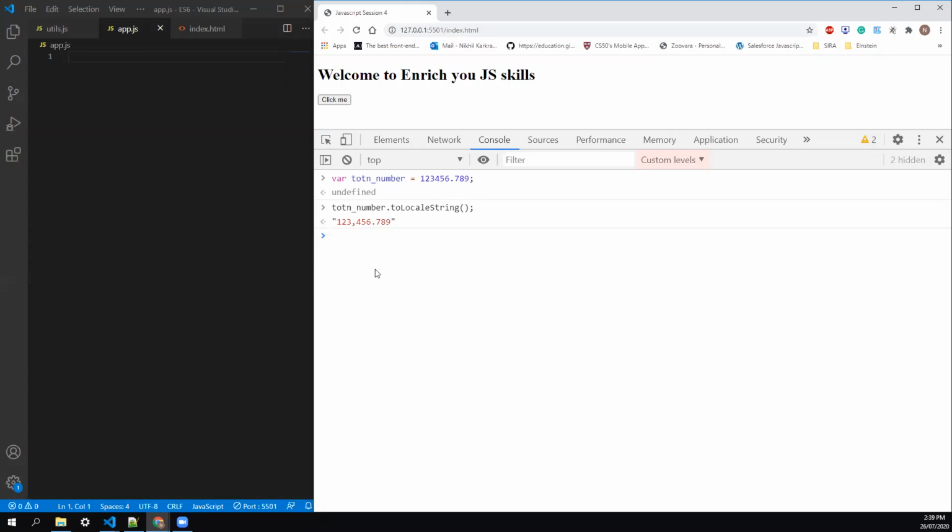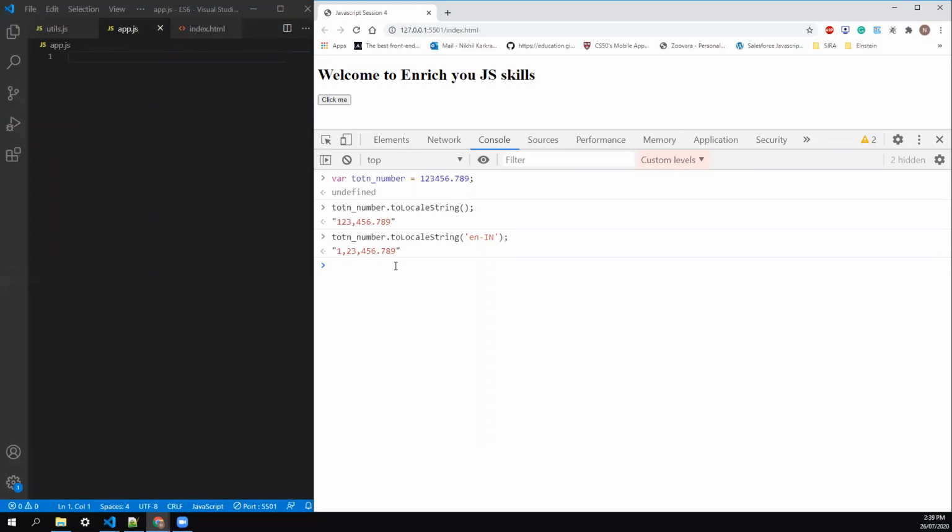If I want to convert the same number in the Indian region, for that I just need to pass my locale. So locale is like, for each and every country we have different symbols. So for India, I have en-IN. EN stands for English and IN for India. And now if I hit enter, it converts the number into the Indian format. And in the Indian format, we have hundreds, thousands, and lakhs, so that's why we have two commas. And in the Australian region, we have hundreds, thousands, millions, trillions like that. That's why I have only one comma after three. So this is the basic one.